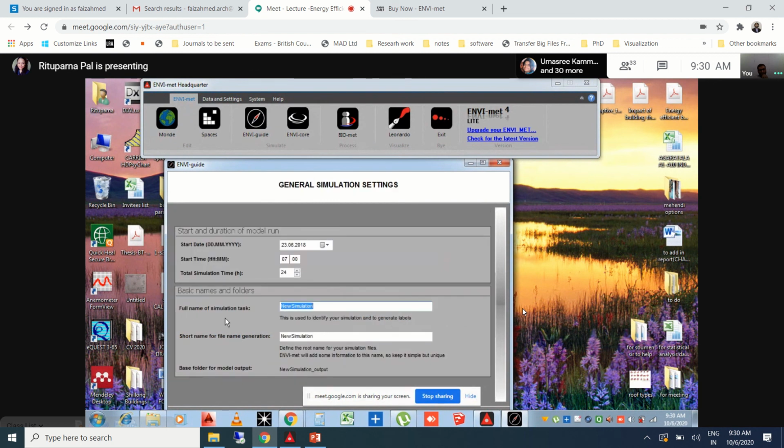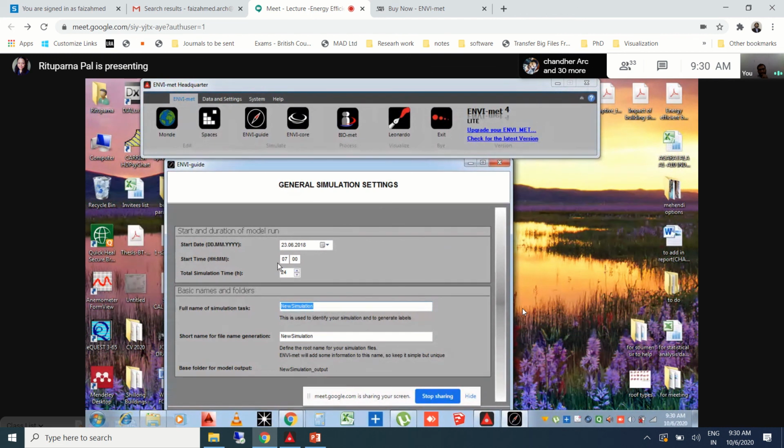So when you click on this new thing, you will be taken to this particular page where you'll be given general simulation settings. So for any project which you are doing or which you will be doing, you have to run a simulation.